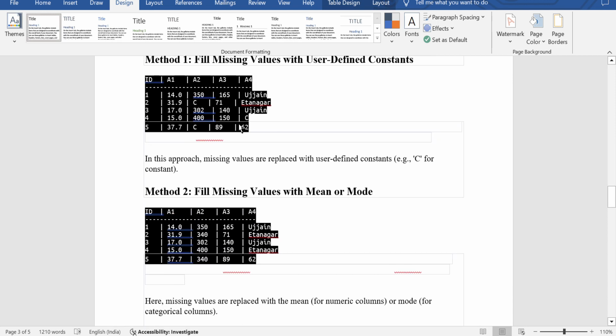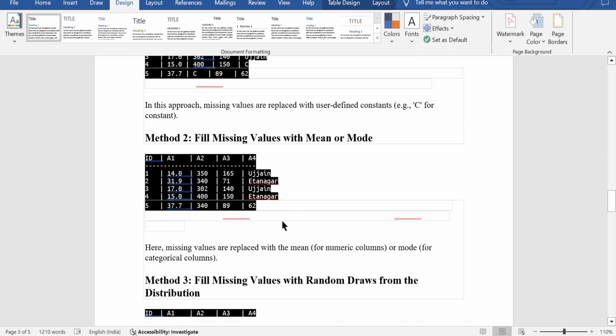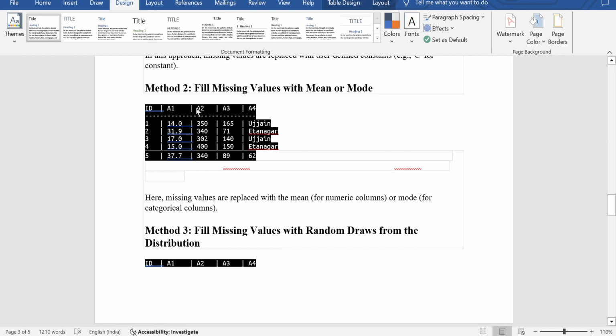Like here we can see 340 is filled with the mean method. Okay, filling the values with the mean and mode. So we will take the mean of this column and then we will place the value here. Okay,